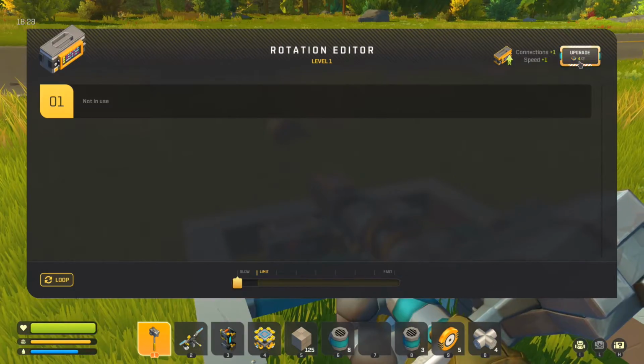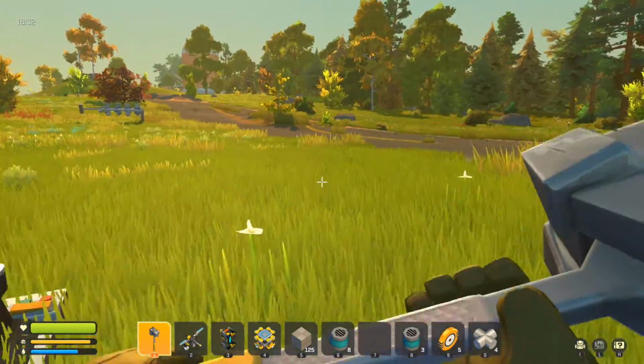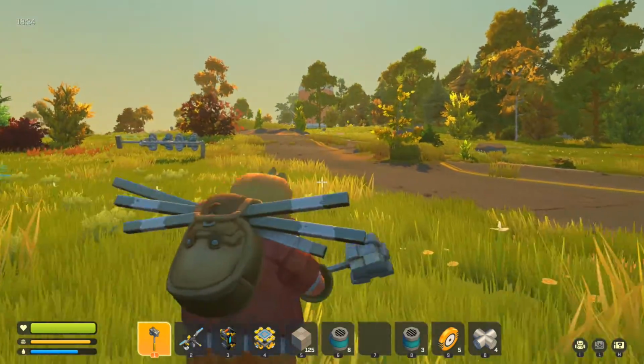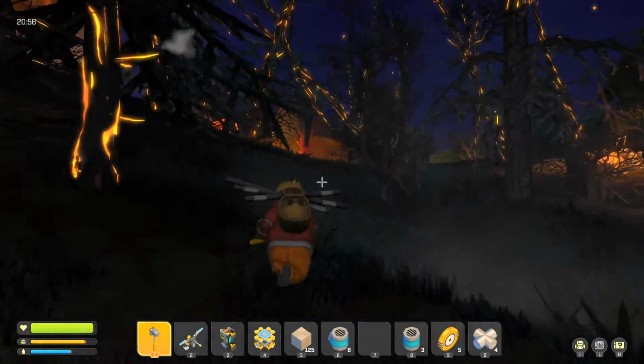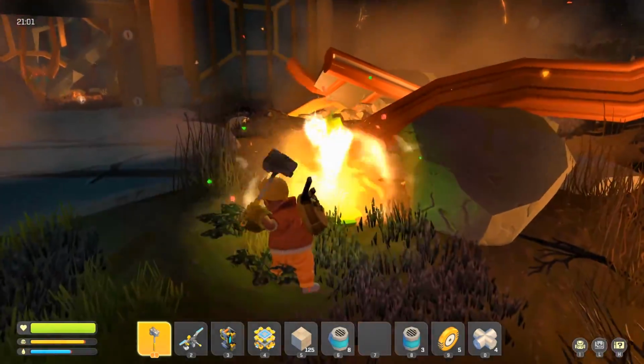But no. That means we're now missing 1 component kit. Oh my gosh, don't do this to me. I just need a little teensy component kit. Okay, going back into the burning forest, we can collect some wood from here, but also there's another tower we